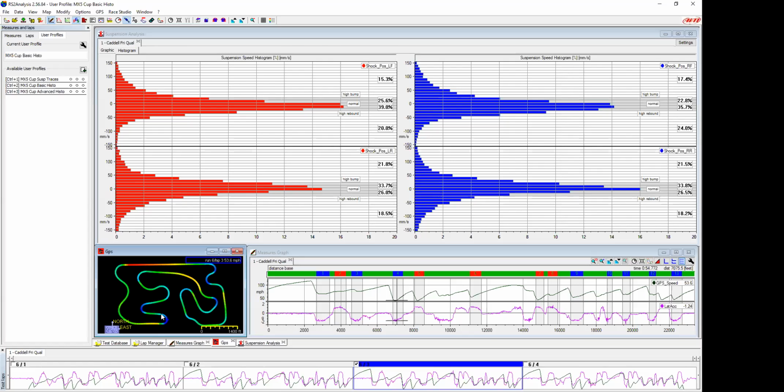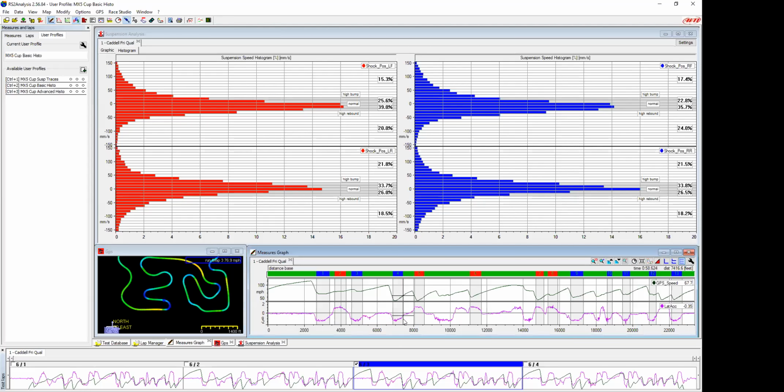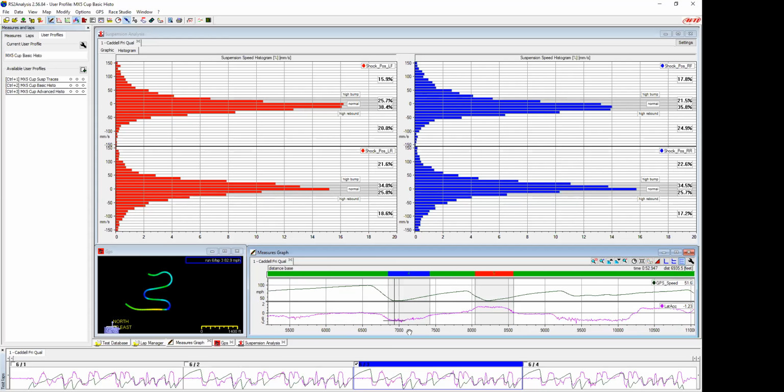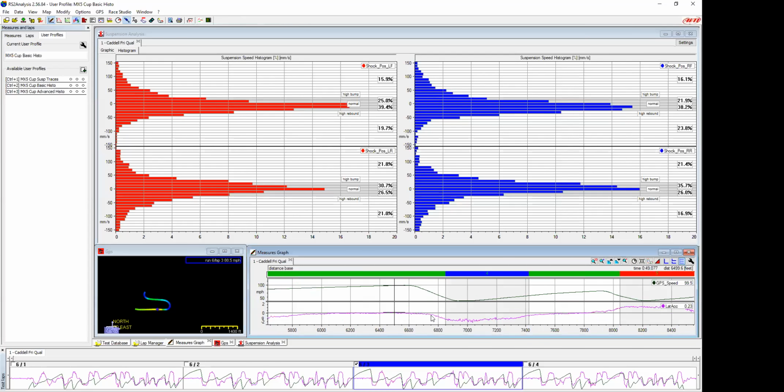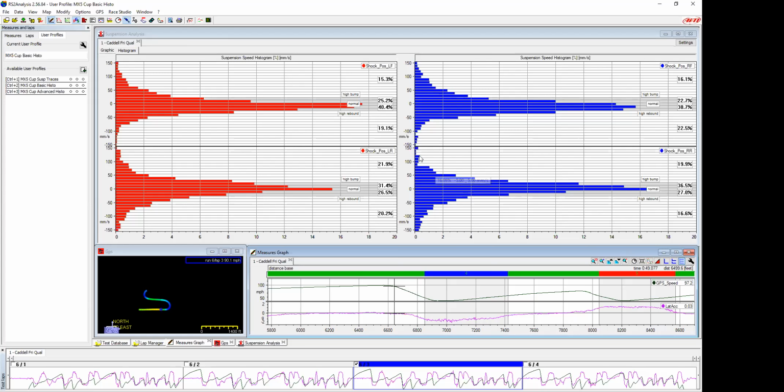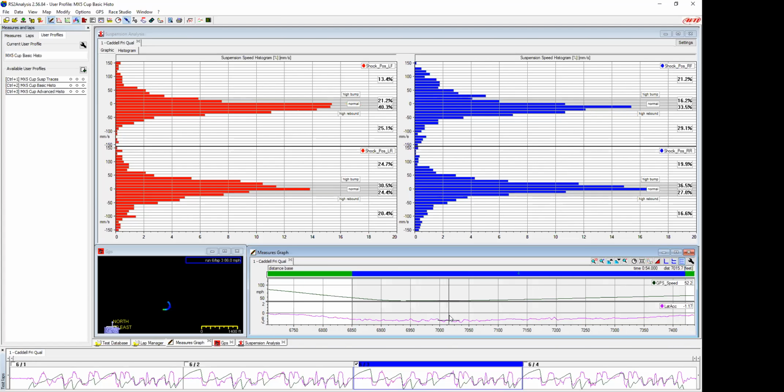Let's say this corner he's having some handling issues, and you really want to study that corner with some more detail about what the compression numbers are, the rebound numbers, low speed, high speed. The way that you do that is always come into the measures graph and start to zoom in on just that particular piece. And then you can zoom in at whatever level, I'll just stop there. Now the histograms that we're seeing are only being applied to the amount of data we're viewing in the measures graph. Continue to zoom in,